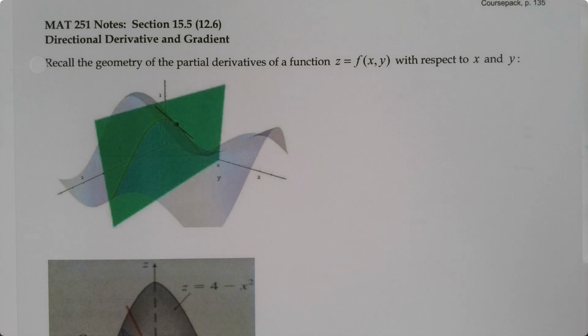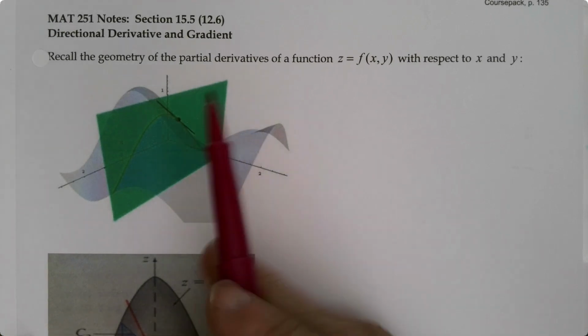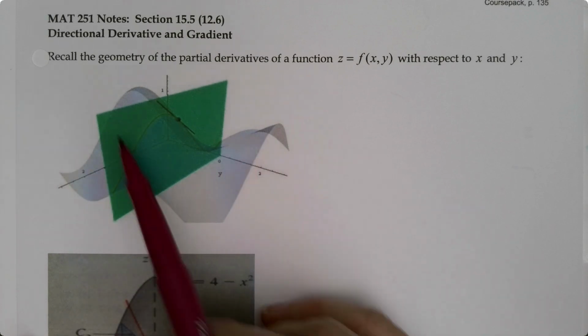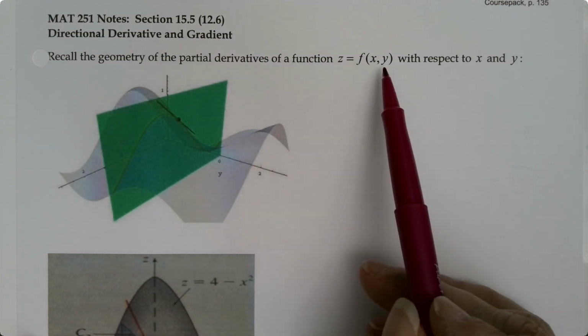In section 15.5, we want to look at directional derivative and gradient. These are slightly tricky topics, so we're going to spend a few pages just developing the ideas and a sense of what they look like. So now remember, when you have some three-dimensional surface, z is equal to f of x, y,